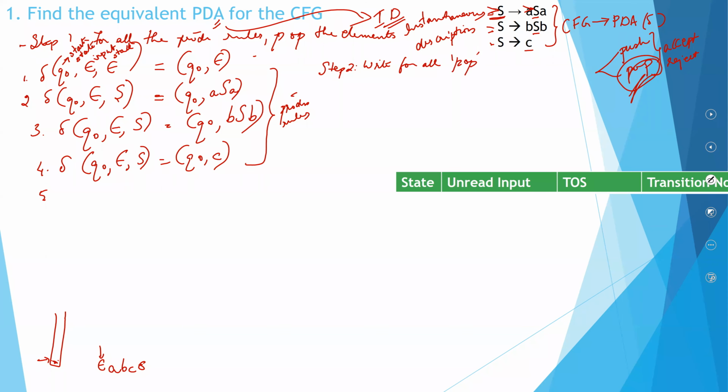Initially, you will be in a state called Q0. I've not read anything. I have an input A, B, B, C, B, B, A. I have an epsilon at the beginning, and I will even have an epsilon in the end. Now, initially, my top of the stack will be epsilon. I'll just write transition numbers over here so that you can later check. I am still in my Q0.